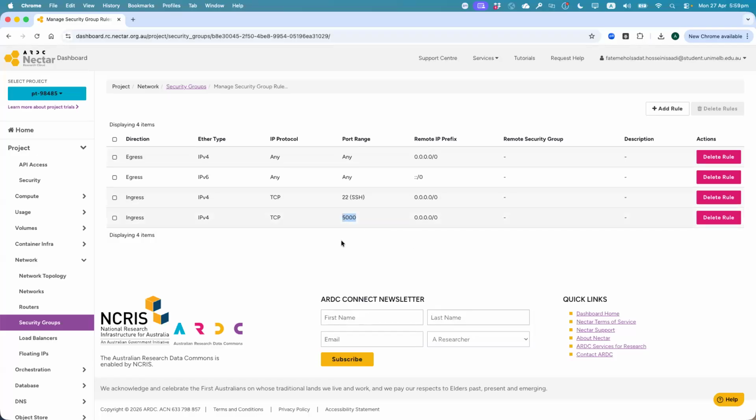So you should make sure each time you want to add an extra port or different port, you are coming back to this security group and you are adding your ports here. Okay, go back